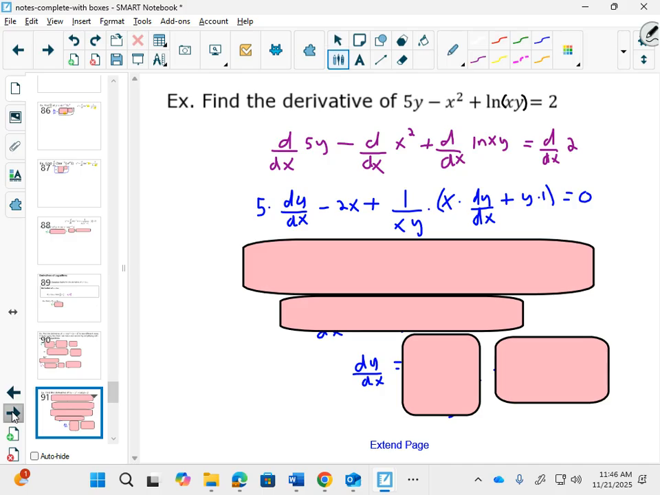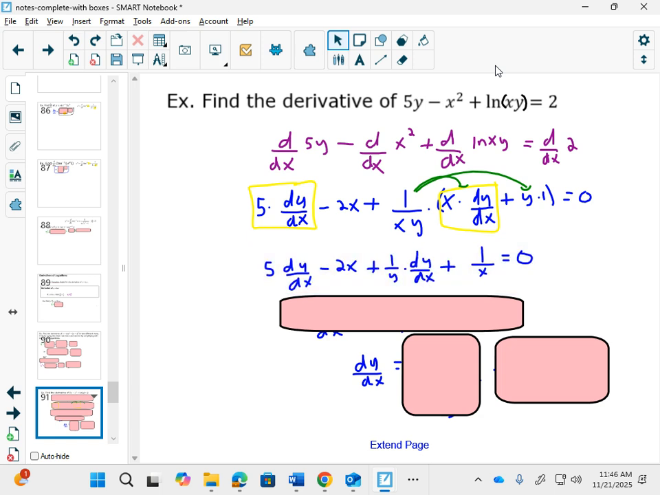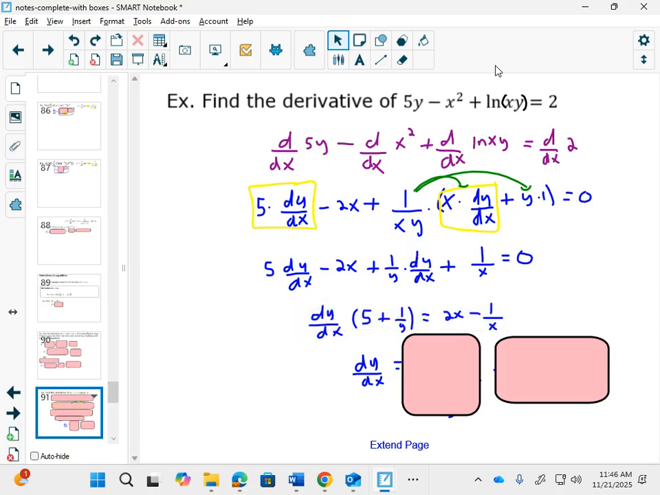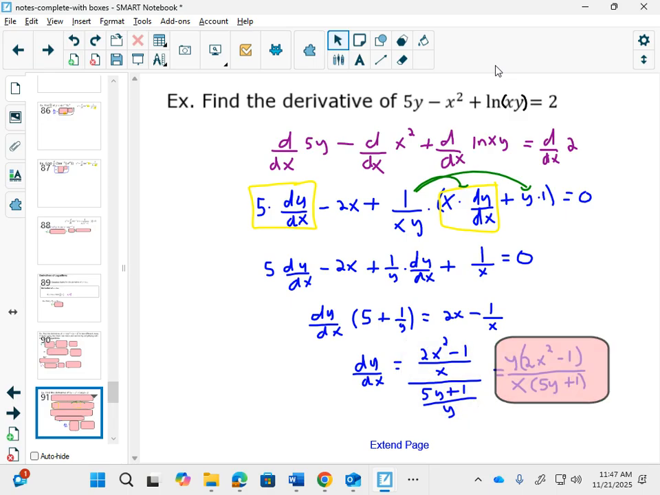We have two places that you have a dy dx. Probably want to distribute this and then get my dy dx's on the same side. So I've distributed, move everything without a dy dx to the right, factor out that dy dx out of the two terms that have the dy dx, and then you can divide, multiply by the reciprocal,